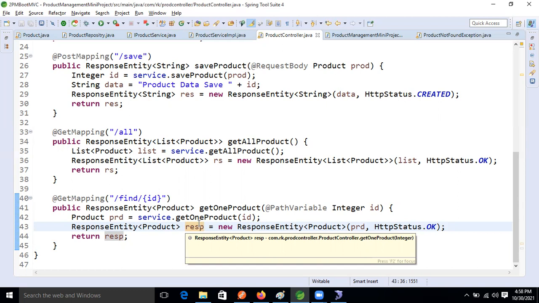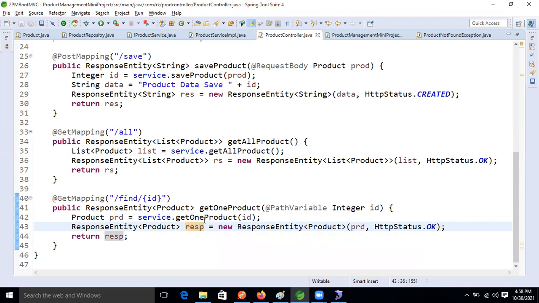Then what are generics used for? Typecasting, type safety, avoiding null pointer exceptions, avoiding duplicate values. It is tightly coupled: whatever is passed as string type is accepted as string type, not accepted as other types.